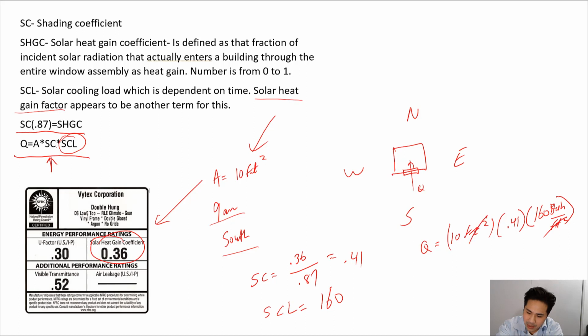So these will cancel out, and you're going to be left with units of BTUs per hour. When you multiply all the numbers out, it's 10 times 0.41 times 160, and we're going to come up with a value of 246 BTUs per hour heat transfer through the window